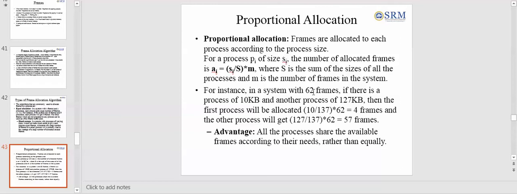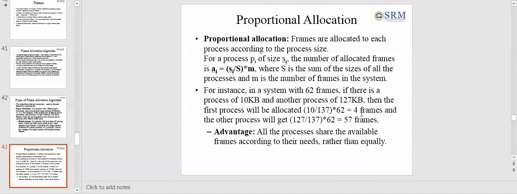So you have a system with 62 frames. You are getting two processes with variable sizes. One is 10 KB, another one is 127 KB. Now how will the first process be allocated? Small si, 10 divided by 10 plus 127, times 62, which is 4